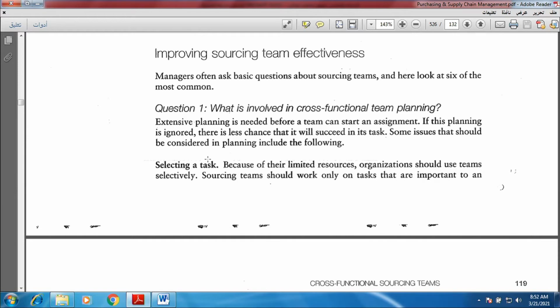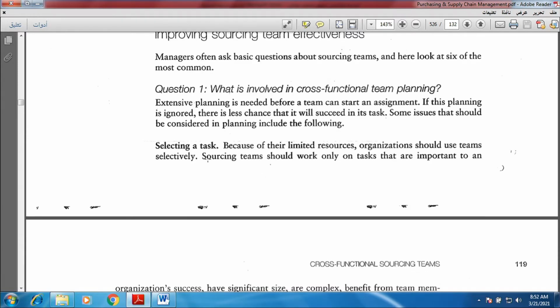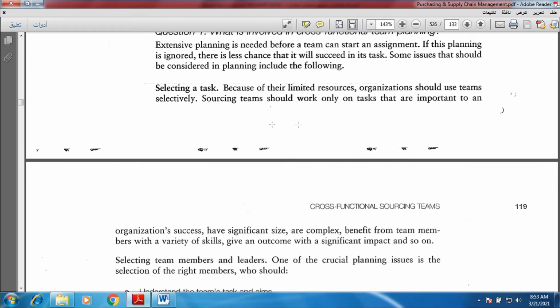Improving source team effectiveness. Question number 1. What is involved in cross-functional team planning? We think about the planning for the teams, for the assignments that could face us. These assignments could be challenges, problems, could be opportunities. First of all, we need to think about selecting certain tasks with limited resources and understanding the organization's point of